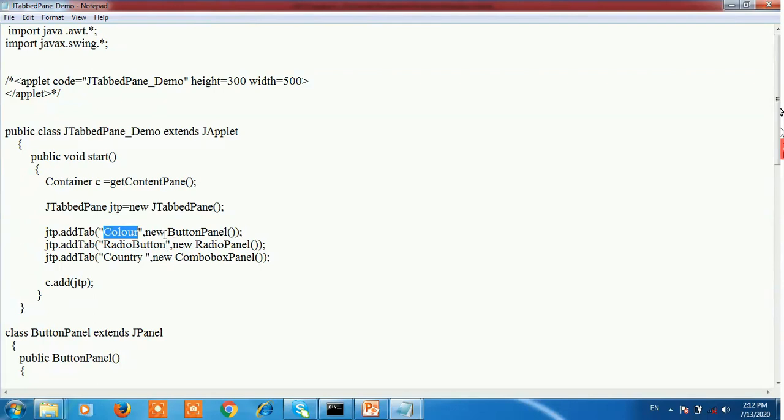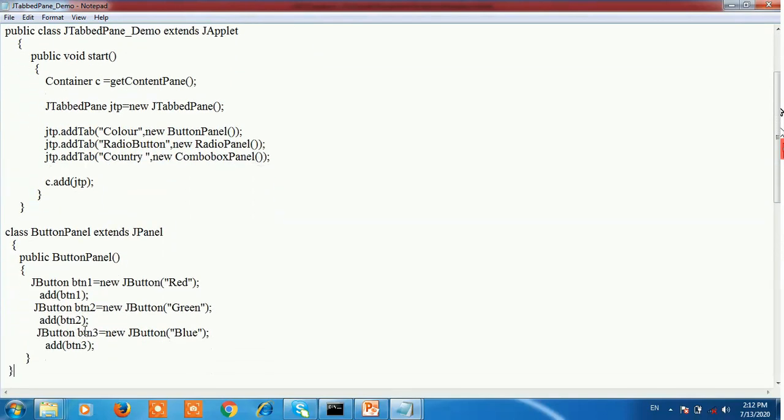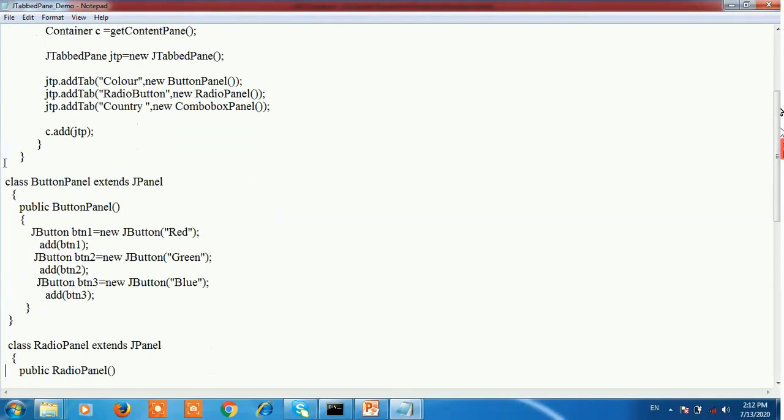So new ButtonPanel. ButtonPanel is a reference of the ButtonPanel class that will be created in the next panel, that is class ButtonPanel extends JPanel.